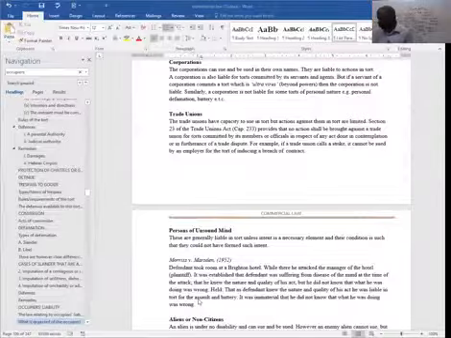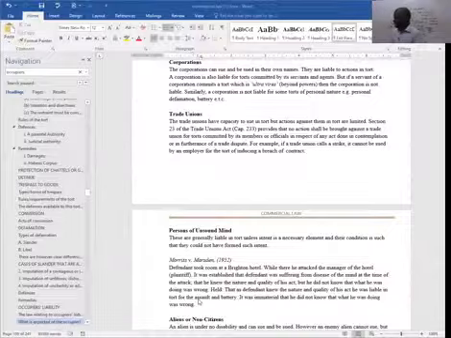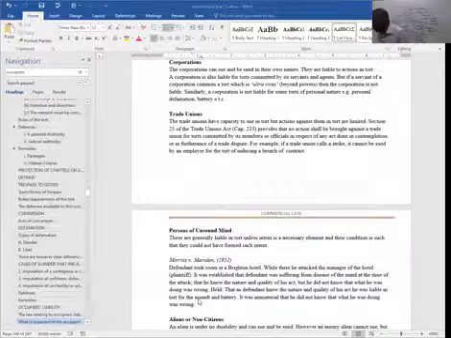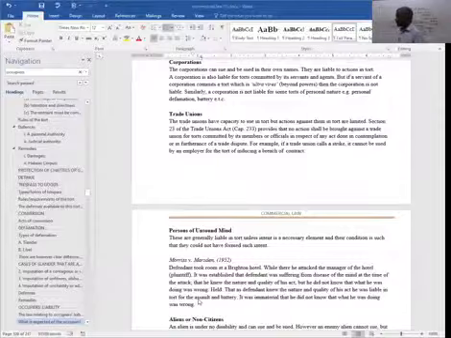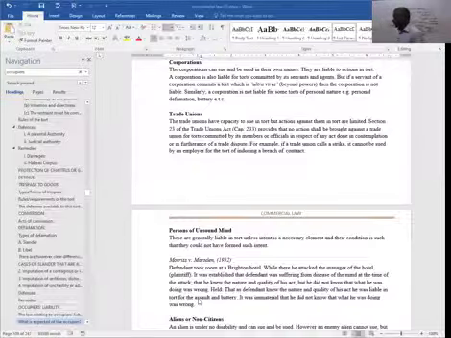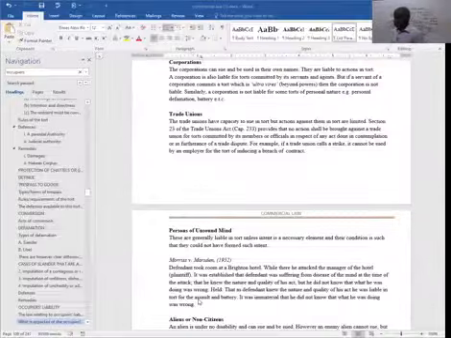A defendant took a room at a Brighton hotel. While there, he attacked the manager of the hotel, that is the plaintiff. It was established that the defendant was suffering from a disease of the mind at the time of the attack, that he knew the nature and quality of his act, but he did not know that what he was doing was wrong. It was held that the defendant knew the nature and quality of his act, so he was liable in tort for the assault and battery. It was immaterial that he did not know that what he was doing was wrong.